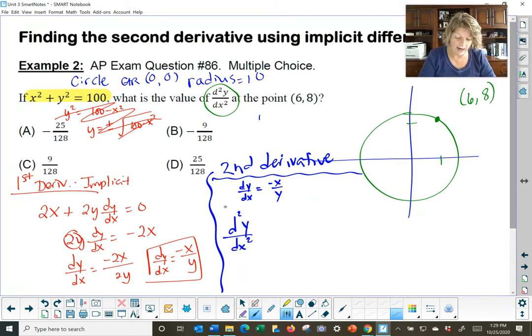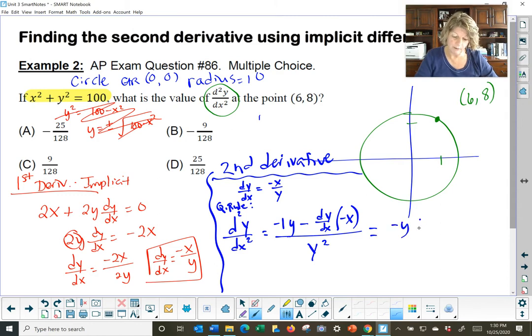To do that, I need to employ the quotient rule. So quotient rule coming our way. Derivative of the top would be negative 1 multiplied by the bottom, minus the derivative of the bottom, which would be 1 dy/dx, I'll just put dy/dx, multiplied by the top, and I'm definitely going to set up a parenthesis because I have that negative and I don't want it to look like subtraction, all over bottom squared. Let's simplify this. We'll have negative y plus x dy/dx